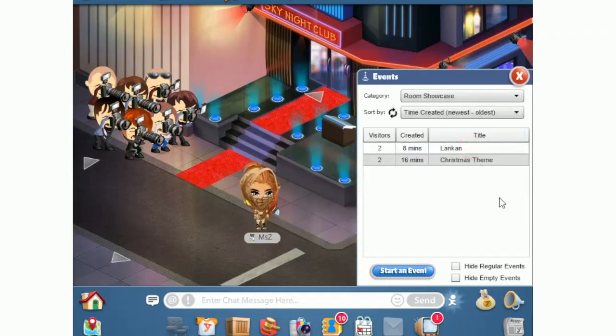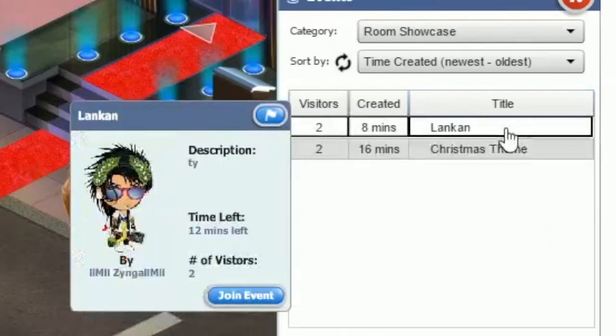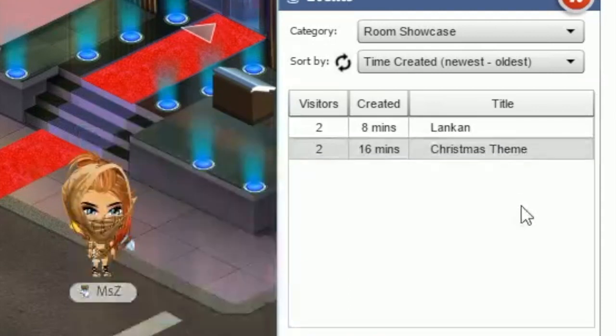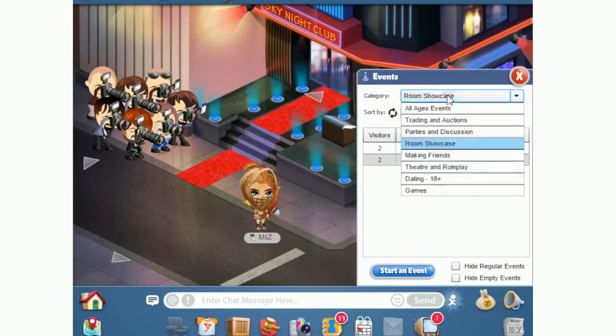Then you have Room Showcase, and typically you will find an event like this one here, which will be to meet someone from Farms for sure. Christmas theme chapel, thank you for coming. This will probably just be to showcase her room, and I actually really like that we have an event like this, because I forever see people hosting events of, you know, welcome to YoWorld, not welcome to YoWorld, welcome to my room tour, come check out my new room, come have fun in my restaurant or my church or my classroom. And it's so nice that decorators can finally get some recognition and people actually go to them, and I'm forever going to check them out